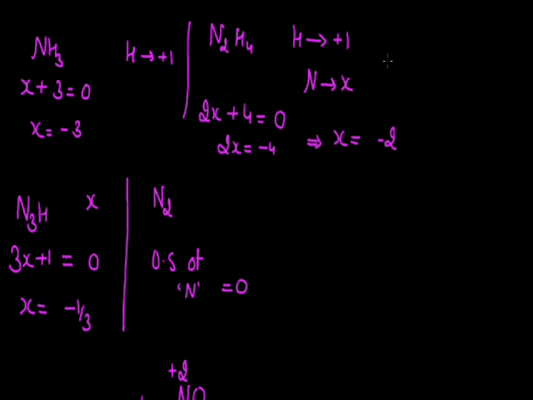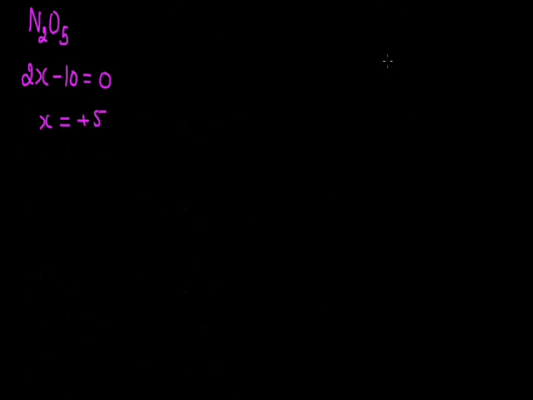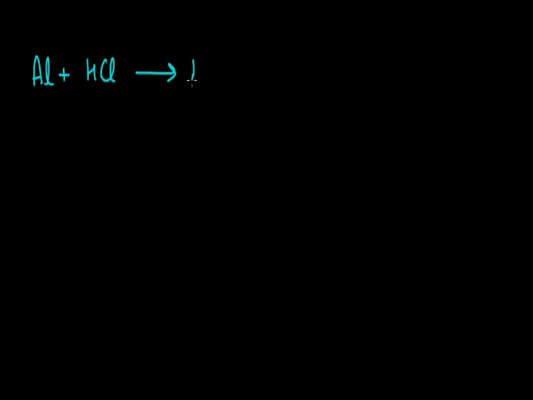Now we will be using this concept to identify the oxidation and reduction behavior of any chemical reaction. Such as, if I start with a simpler one, the reaction of aluminium with HCl. By the reaction, it will displace hydrogen gas, H2, and aluminium chloride, AlCl3, will be formed. To balance this reaction, it will be 2 atoms of aluminium, 6 molecules of hydrogen chloride, 2 molecules of AlCl3 and 3 molecules of hydrogen.